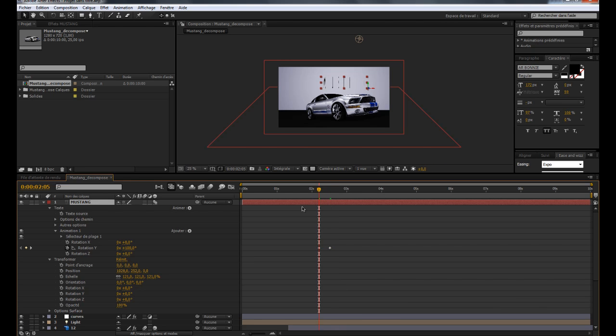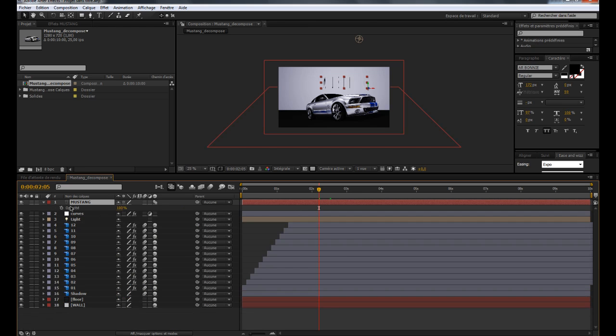We're gonna give it some opacity, so hit T to bring the opacity, add a keyframe, put 0 and move maybe 2 frames and put it back to 100. Okay,